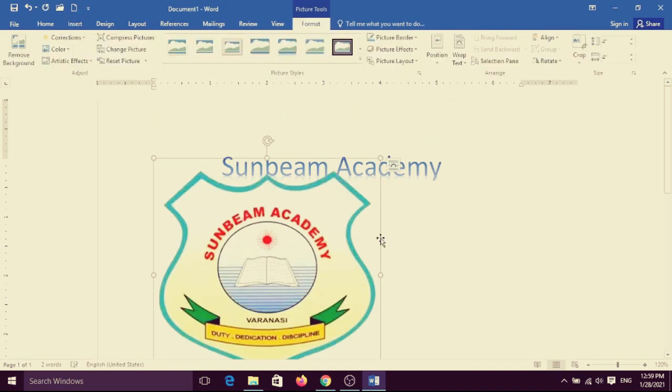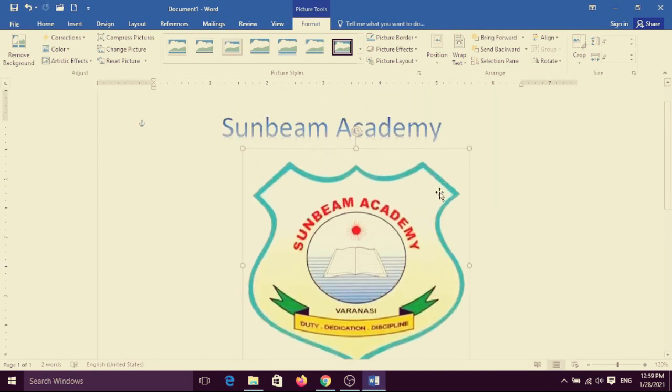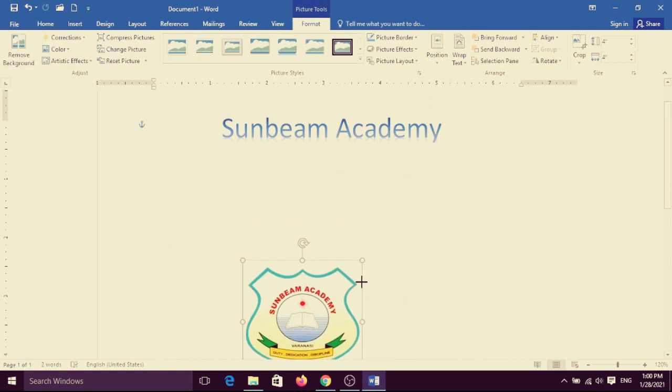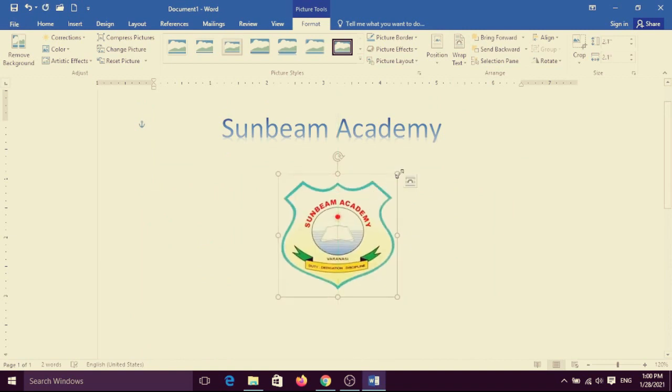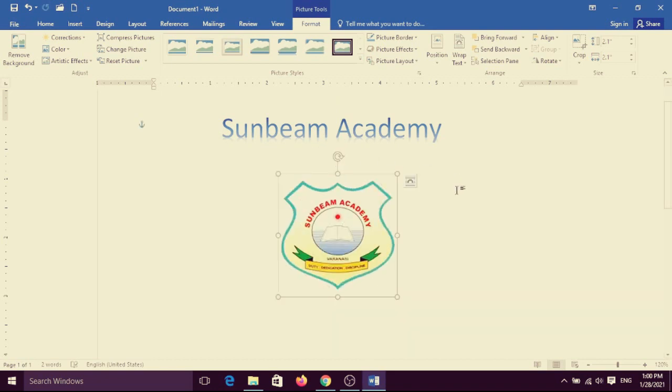Now my selected picture has been inserted, and then after that we give the wrap, which is the position for it. Double click and choose from the types of wraps, square. Now you can move it right or left, or you can decrease or increase the size from this side, and this is the photo rotation. You can rotate it if you want. And then you can choose the picture option, behind the text.